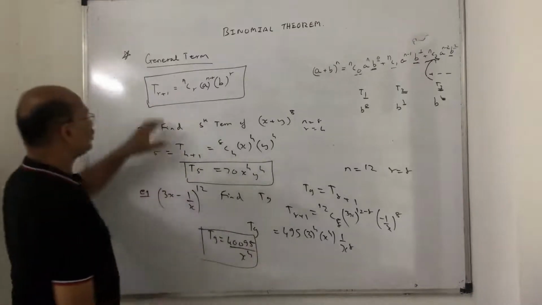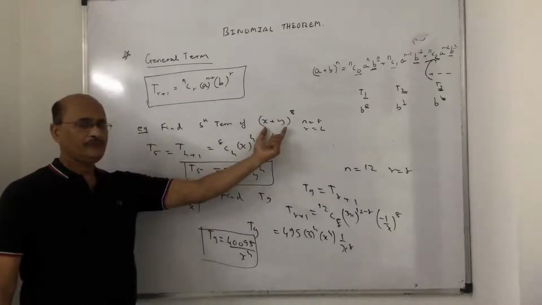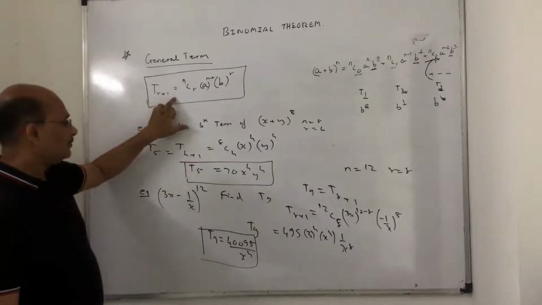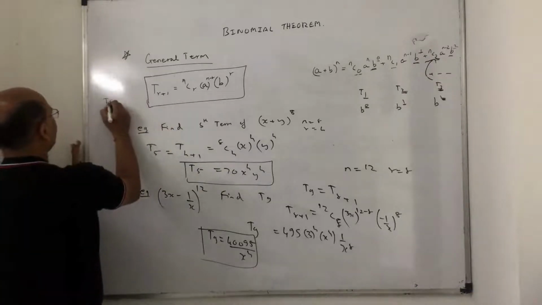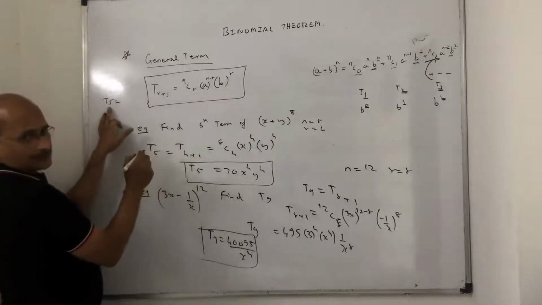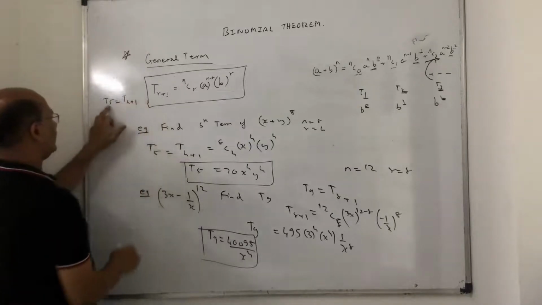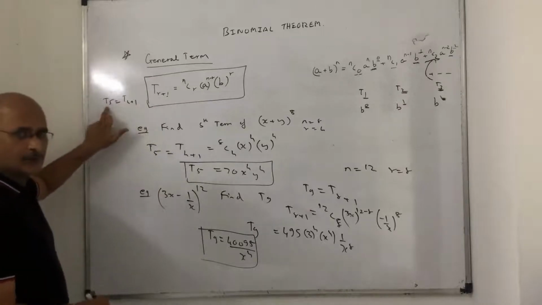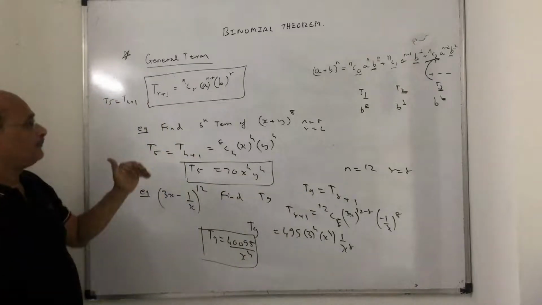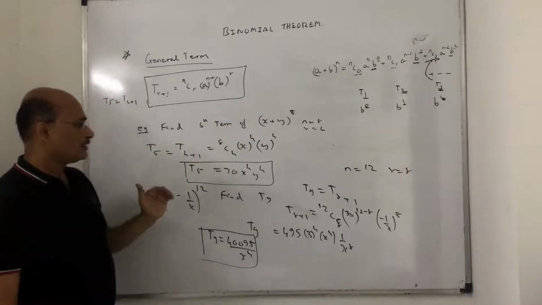So from the general term formula, you can find any specific term of the expansion. Just to identify, if I want the fifth term, I will write in terms of r plus 1. So it is T5. I have to write it in this form because all the formulas are given in terms of r. So you have to identify what r is. So this will become T of 4 plus 1. Eventually I am finding the fifth term only. Got the message clear? So this is the pattern, the first category of sums using the general term. I hope you got this point, children. So pause and note it down.